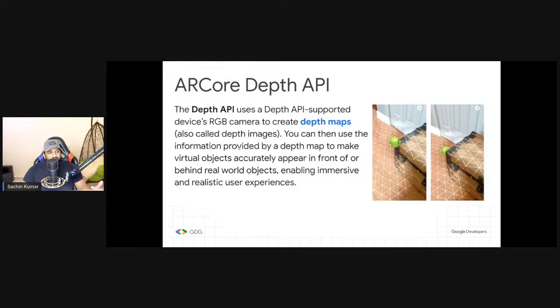You can then use the information provided by a depth map to make virtual objects accurately appear in front of or behind real world objects. So what it basically means is this. On the image that you see over here, we have an Android figure. So this was without the Depth API. As you can see, it just is there. And even when you span out, this image will just show like this. But in reality, if we placed a box beside this table, and when we walk away, we wouldn't see the entire box because this table would be covering part of it, right? So for phones or AR applications to understand this, that's where the depth camera as well as the depth API